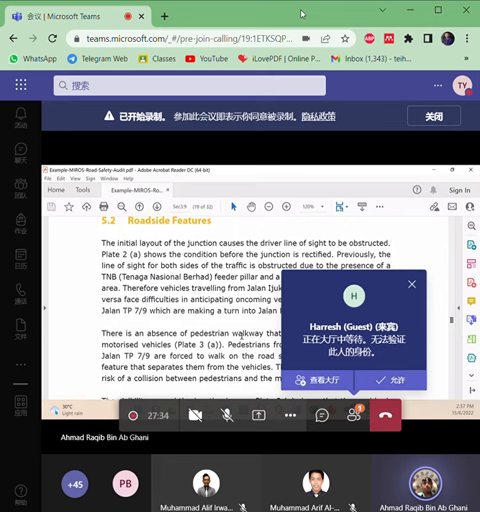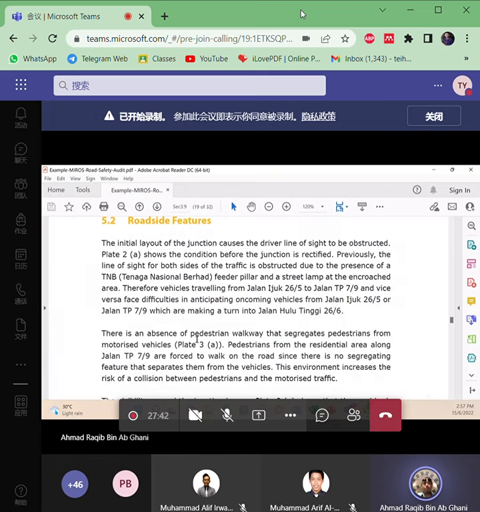There is an absence of pedestrian walkways that segregate pedestrians from motorized vehicles. Pedestrians from the residential area along Jalan TP are forced to walk